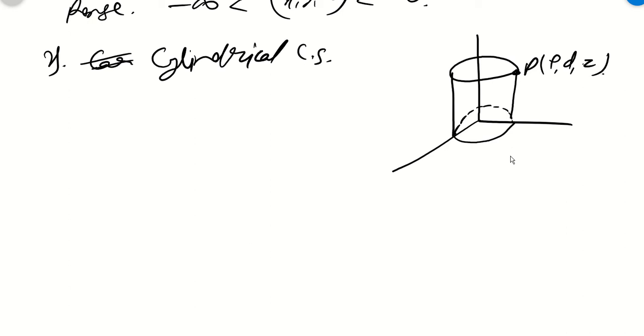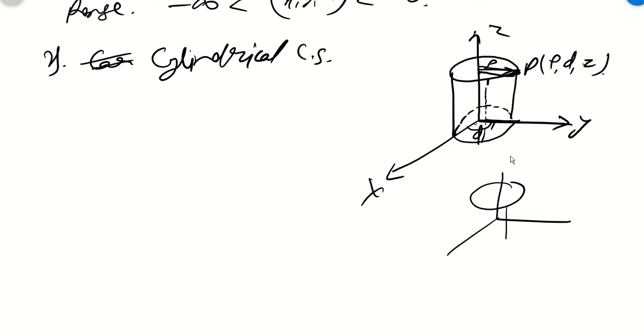Now this P point, what is the radial distance from here to here? Okay. So this is my rho, and suppose like this it is there. So here actually it is lying on y direction. Okay, z, x, y. So if you see the angle from x axis, this is the angle, right? So this is phi. So right now phi is 90 degrees between x and y. So it can be drawn like this also. It will be much easier for you to understand.